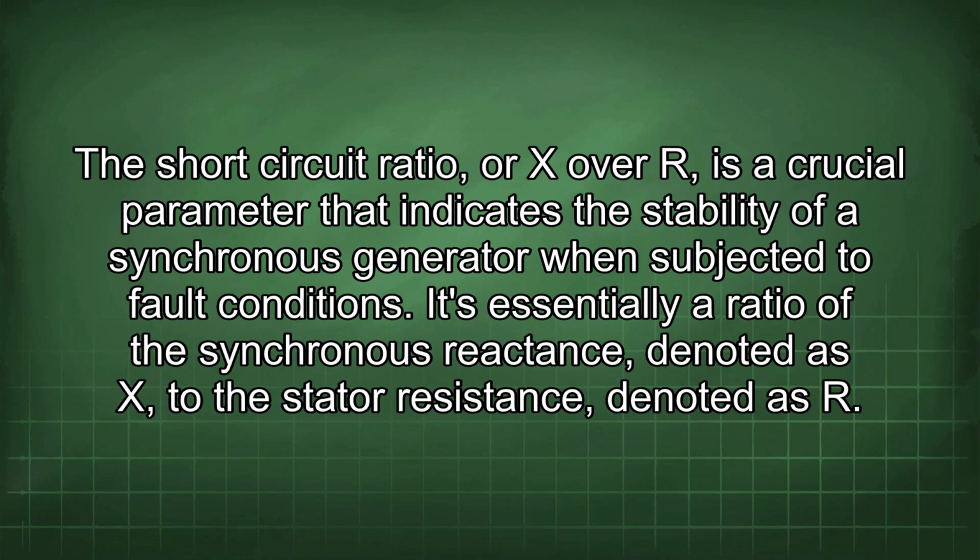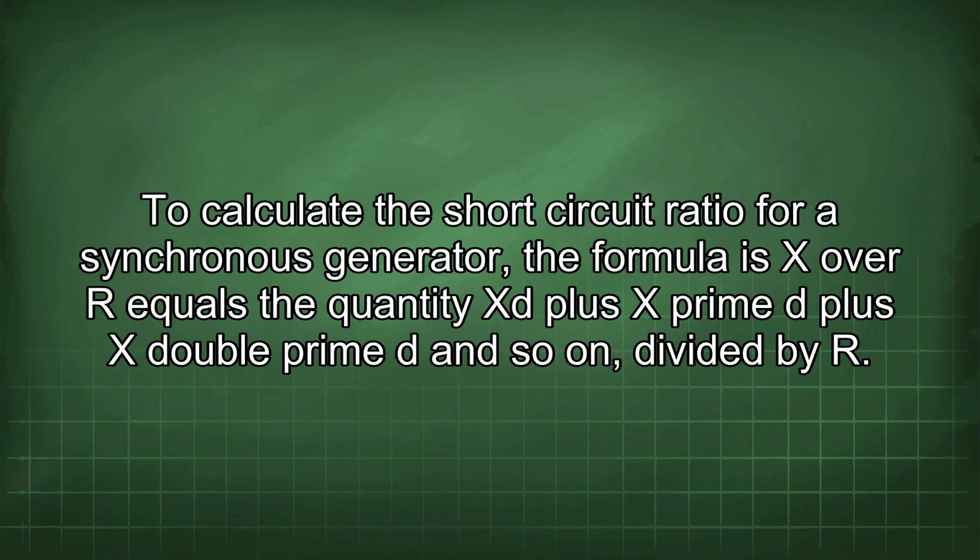The short-circuit ratio, or X over R, is a crucial parameter that indicates the stability of a synchronous generator when subjected to fault conditions. It's essentially a ratio of the synchronous reactance, denoted as X, to the stator resistance, denoted as R. To calculate the short-circuit ratio for a synchronous generator, the formula is X over R equals the quantity